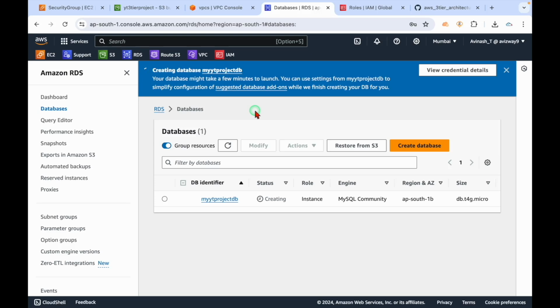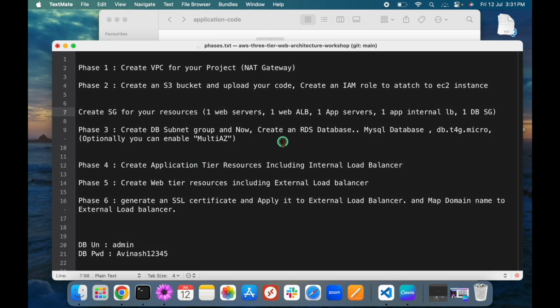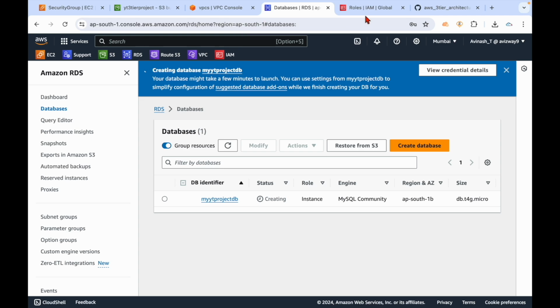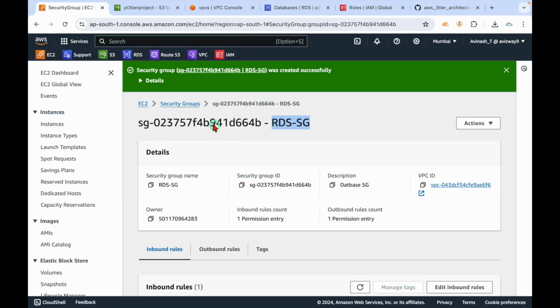As I mentioned, this is going to take some time, right? Meanwhile, let's prepare the security groups. Okay, we created one security group for the database. Let's create one for application servers. Let's create one more for web servers. So let's go to the security group screen,